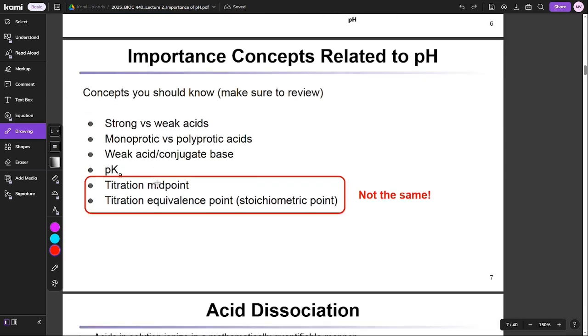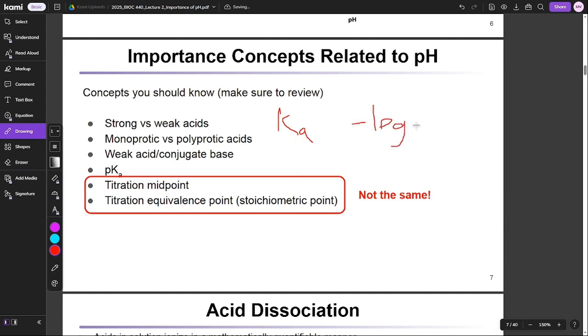So pKa we talked about. The lower the pKa is, the more acidic the substance is. For pKb, a lower pKb is more basic. The other thing you can keep in mind is the Ka. The Ka is separate from the pKa, but they are related. So the negative log